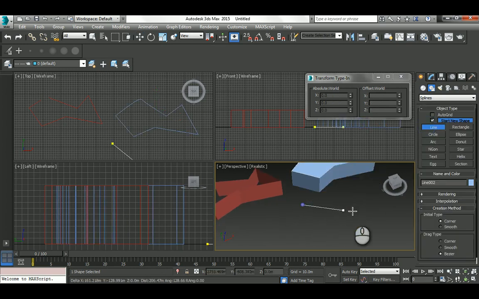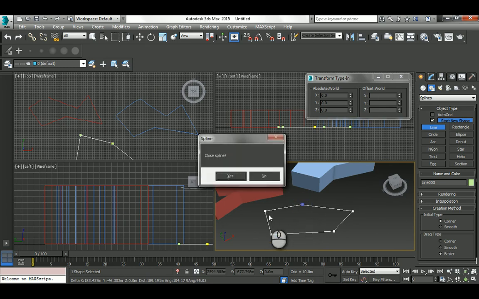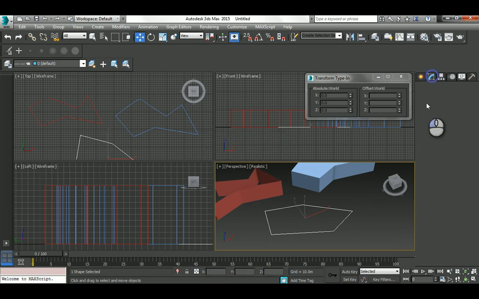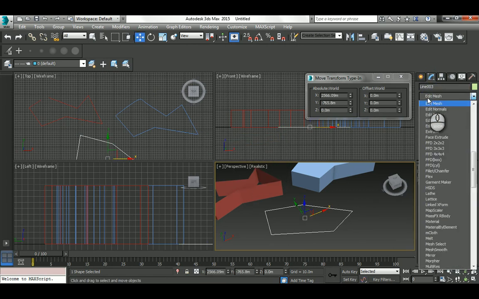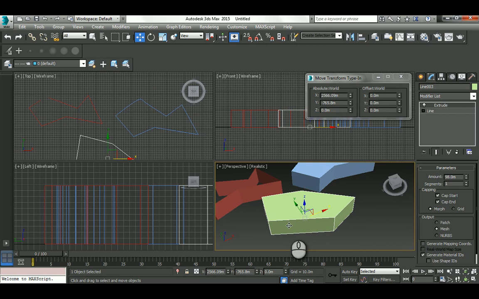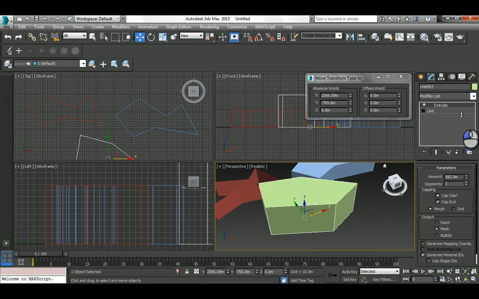When you end, you see this yellow thing, which is your start point. That's why 3D Studio Max yellows it for you. So you know that when you want to finish and make a closed loop, you have to end at it, and you have to say yes. Then you go to the modify tab and add the extrude, so you can create a closed shape, and that goes up and down with the amount of